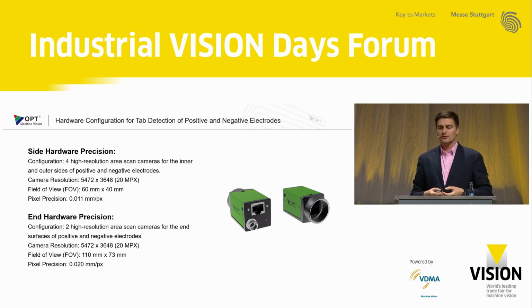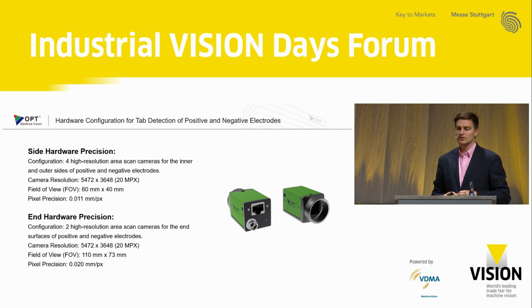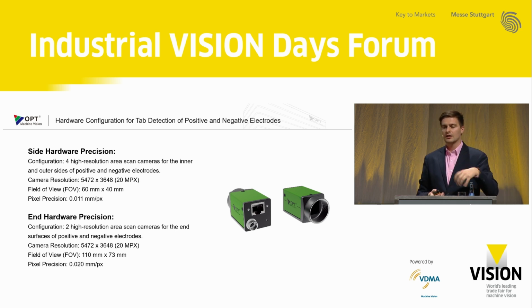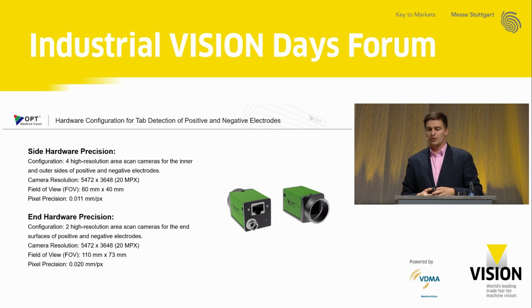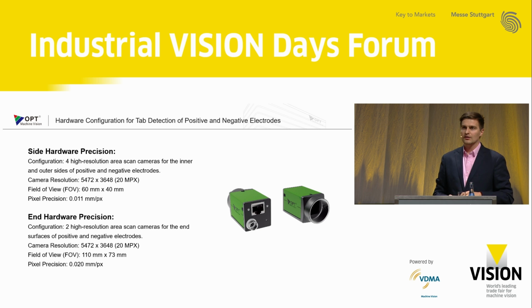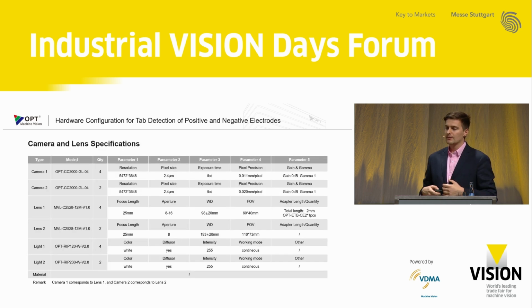For the front side, we have 20 megapixel cameras with a field of view of 60 by 40 millimeters, so it's not so big, to get a pixel resolution of 0.01 millimeters per pixel from the side. And from the end, we also get, with a 20 megapixel sensor, a 100 by 73 millimeter image for a pixel resolution of 0.02 millimeters per pixel. All in all, this is only the camera hardware. In this project, we provided 6 cameras,